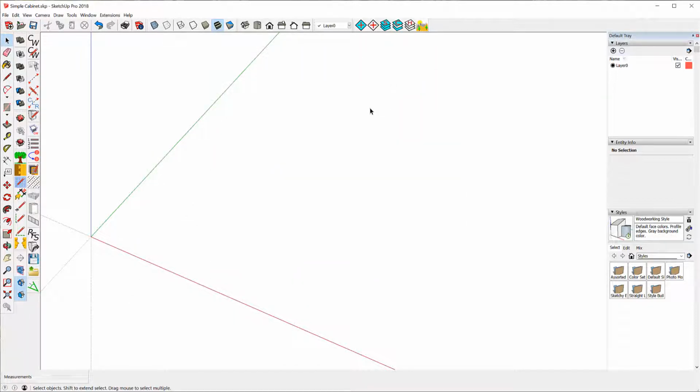Now when I draw my cabinets, if I were to start drawing them now, they would be drawn with some settings called factory settings, which are basically face frame cabinets. I don't want face frame cabinets, I want frameless cabinets. So what I'm going to do is start off with some default called frameless. If I go to this tool right here that says open and load CabWriter defaults,